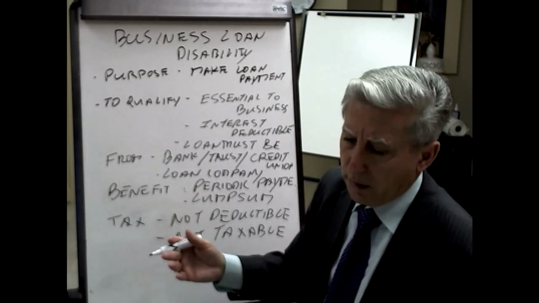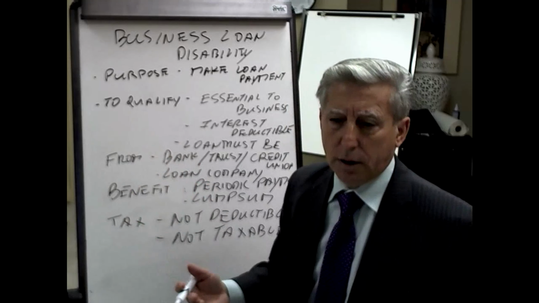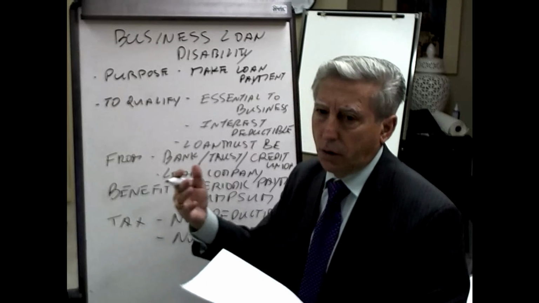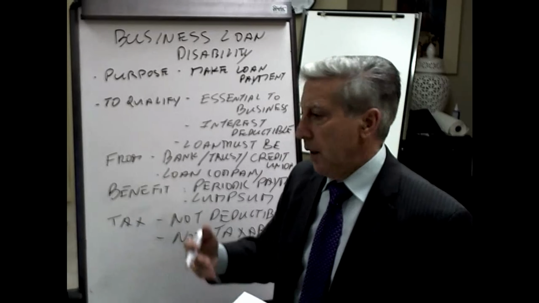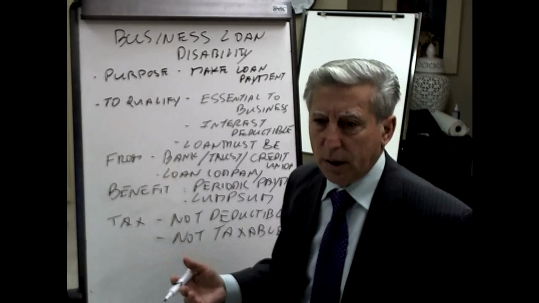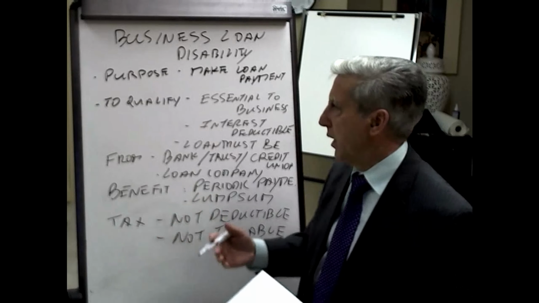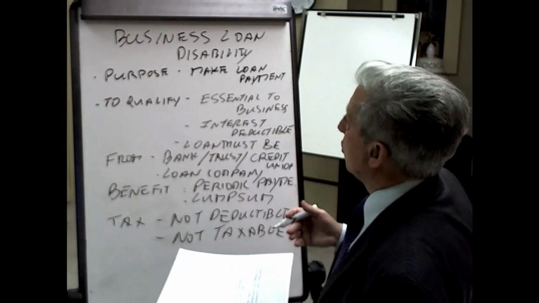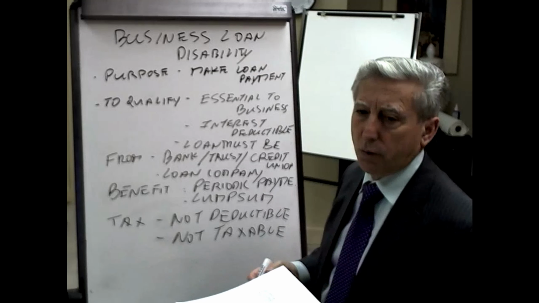In other words, you borrowed money, you become disabled, who's going to take care of that loan, essentially? So you have those monthly payments, whatever it is, you have a commitment that's been made. The creditors, of course, want their money, and regardless of the fact you're disabled, they really don't care. So we just want that loan payment. And so you can buy business loan disability insurance to make those loan payments.